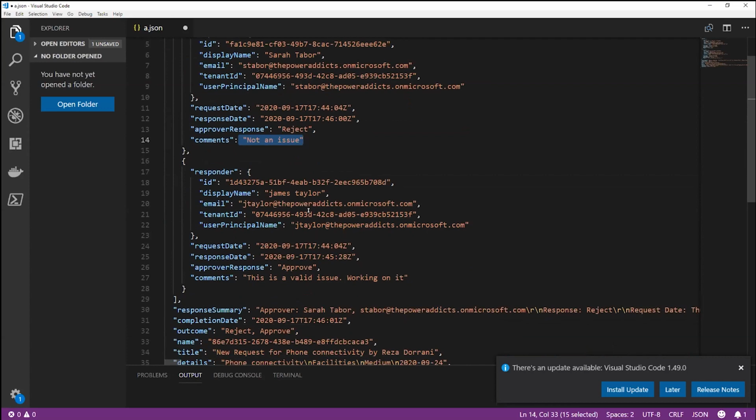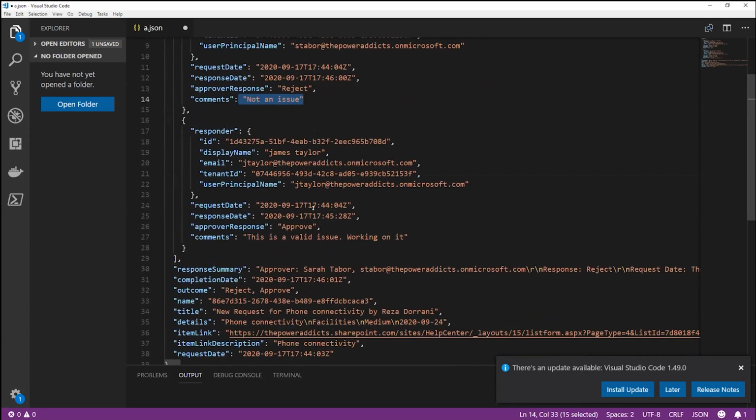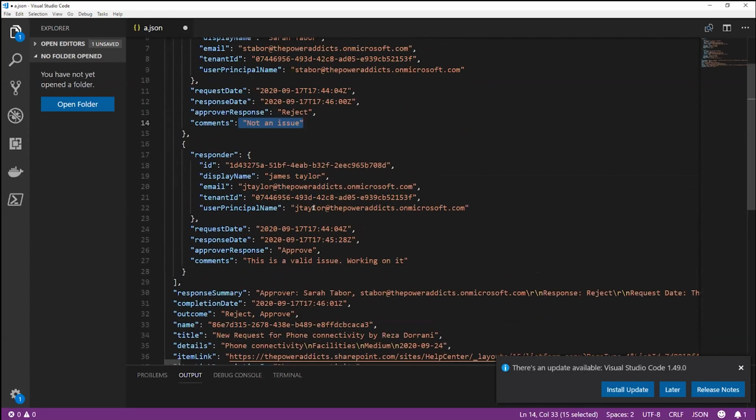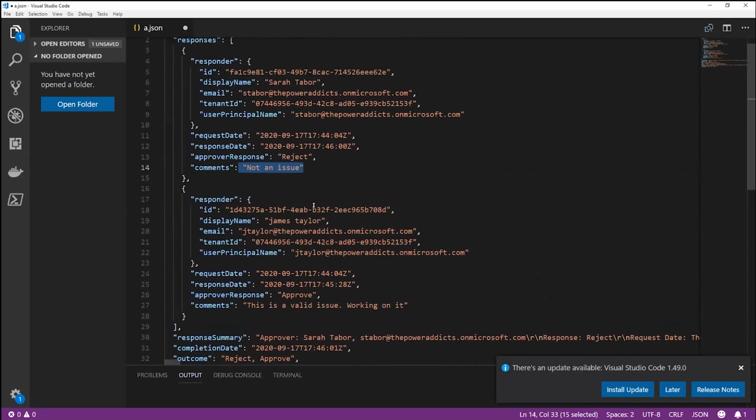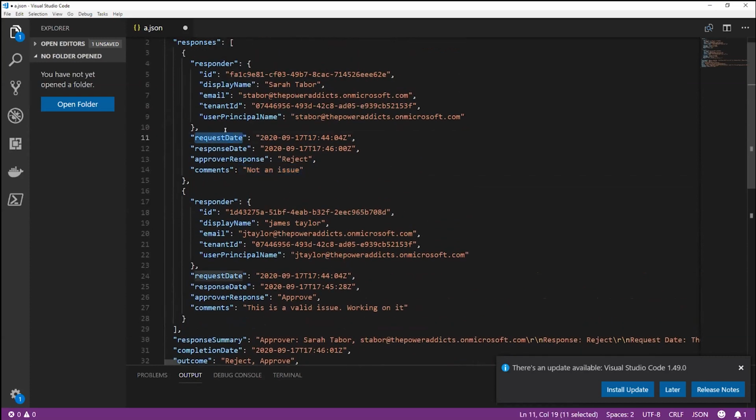So all that information is available right here for you to capture and grab. And when I calculated the time aspect, all I'm grabbing is the request date, which is when this request went out to Sarah, and the response date, when Sarah responded. And then I wrote that function for ticks, which calculates the difference in minutes to check how long Sarah took to respond.